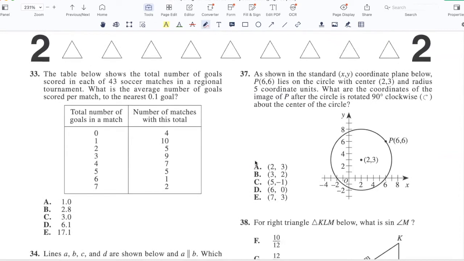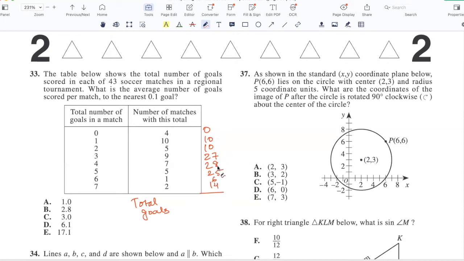The table below shows the total number of goals scored in each of 43 soccer matches in a regional tournament. What is the average number of goals scored per match to the nearest 0.1 goal? Okay, so we have the total number of goals and the number of matches. So let's first calculate the total number of goals which were scored. So total goals would be 0 times 4, which is 0, 10 times 1, 10, 5 times 2, 10, 9 times 3, 27, 7 times 4, 28, 2 times 5, 10, and 6 times 6